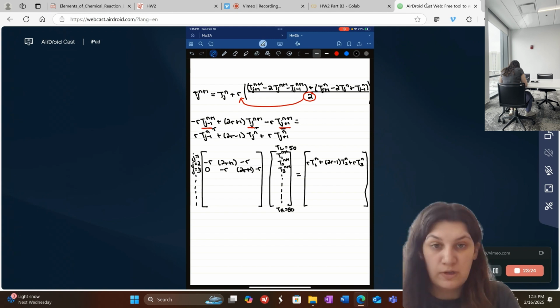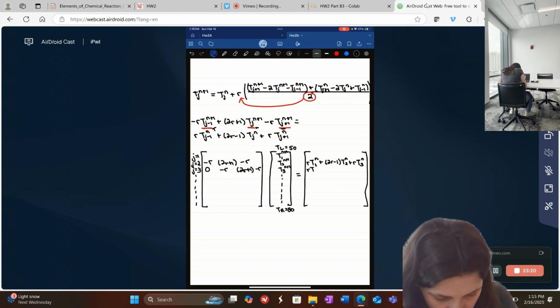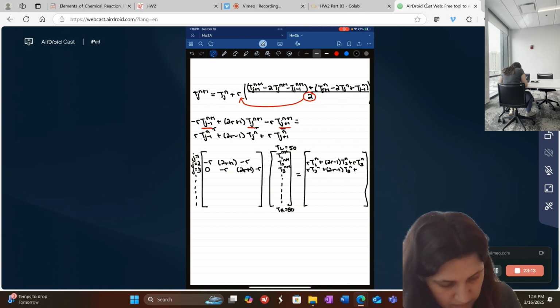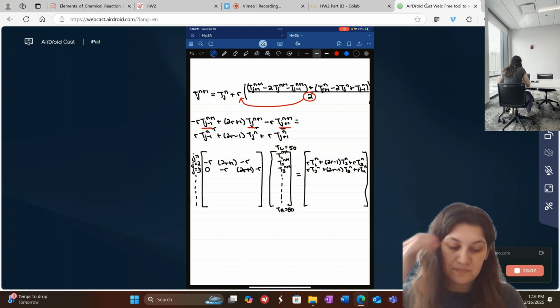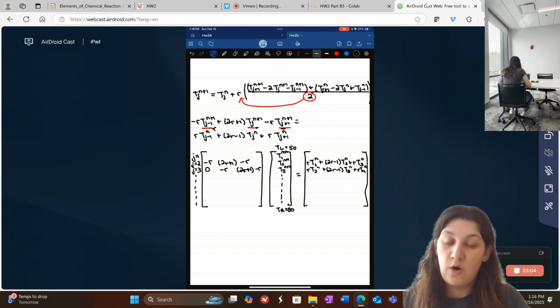And then similarly for j equals 3, you would have r times T2^n plus (2r minus 1) times T3^n plus r times T4^n. Right. Now you would repeat this process for all the positions that you have set for the matrix,